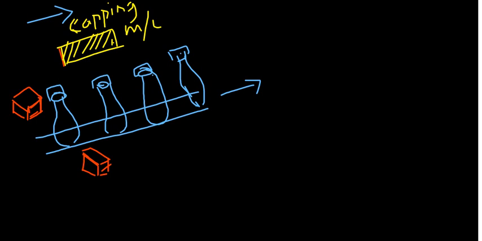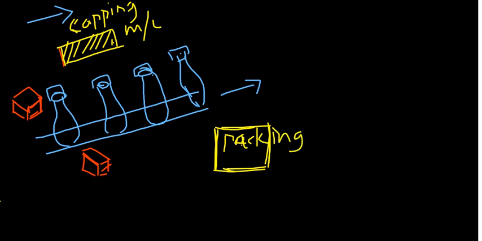Then you have a packaging machine somewhere here. This is the packing or packaging machine, whatever you can call it. It is just for our understanding, so you can see the overall situation, right? So now you can